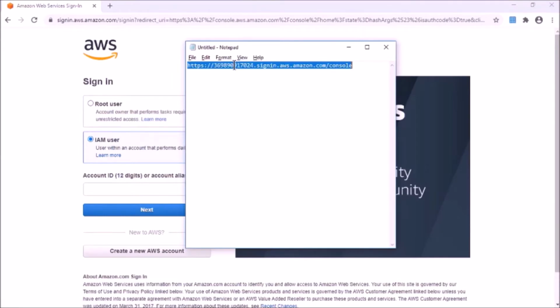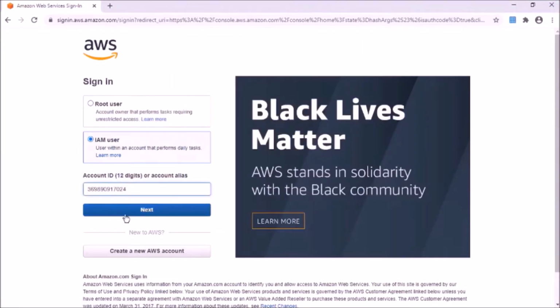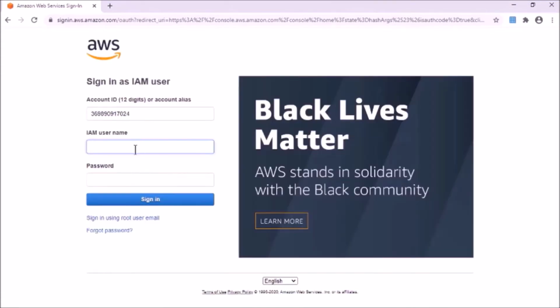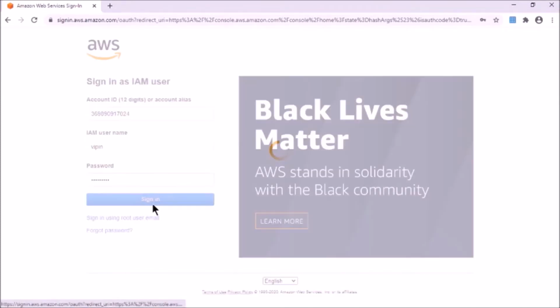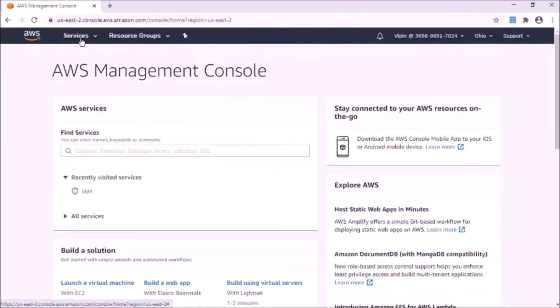I need to provide the account ID for the shared account. Let's log in with Vipin first. Because Vipin has read-only access to this shared account, he should be able to view everything.